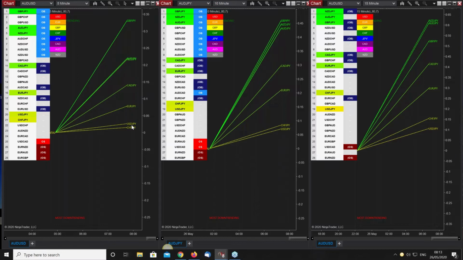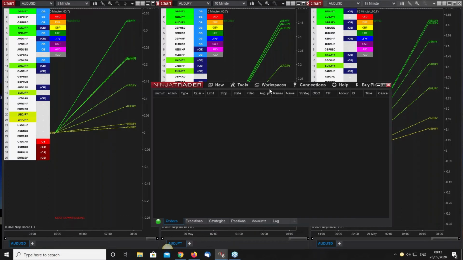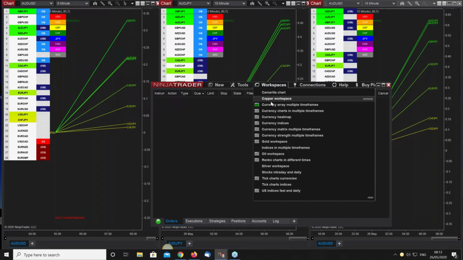The same is true of the dollar yen. That's why they're languishing down at the bottom here. It doesn't mean that sentiment isn't universal. It just means that the strongest pair at the moment certainly is the pound yen. You can see it up here rising very strongly. And if I go over onto the currency indices themselves,